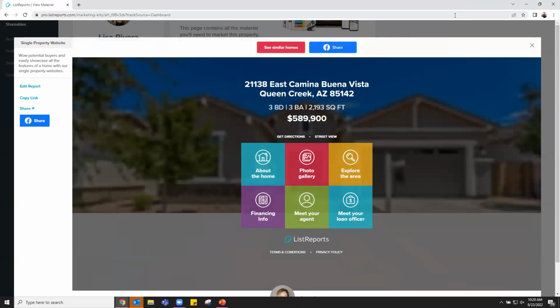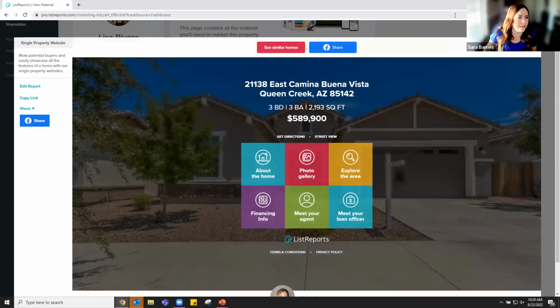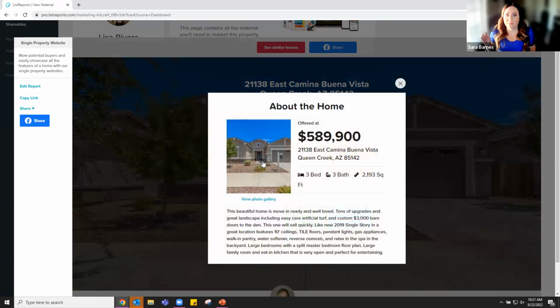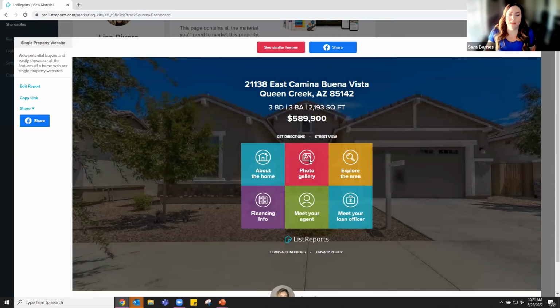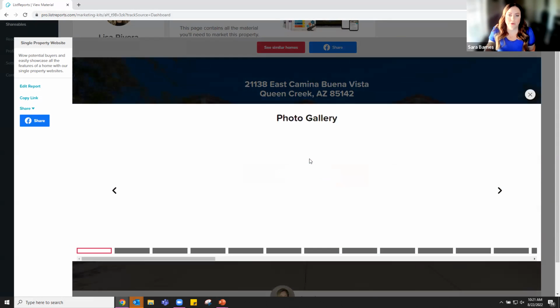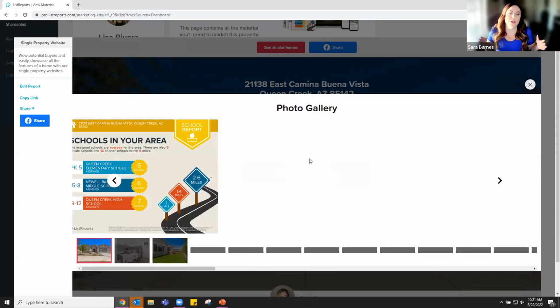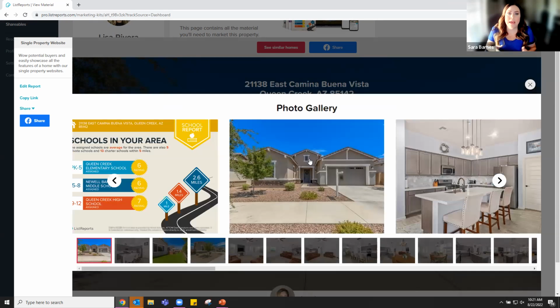So let me get your beautiful faces shrunk down so I can see what I'm clicking on over here. Okay, so this is what I love. This is what it'll show on your social media, if you blast it out in emails, anything like that. About the home, it gives them a price, a quick rundown, and then along with your property description. Then they can click over to the photo gallery, which is going to show them not only the ones that you selected, it's going to show all of the MLS ones,